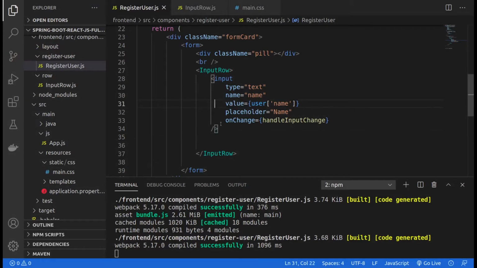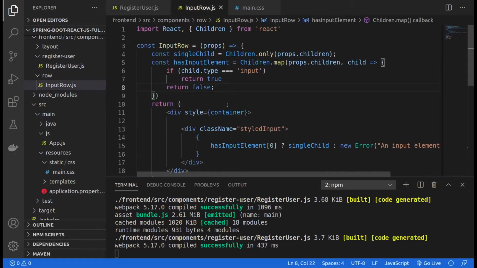In this case, if I go to register user, under the input row, I want this input row to be able to take a prop as a label, right? So I'm simply going to say, for my label, in this case, let me put it as a string. For my label, I'm going to call it name, like this, for first name, right? So to actually go ahead and catch this label,